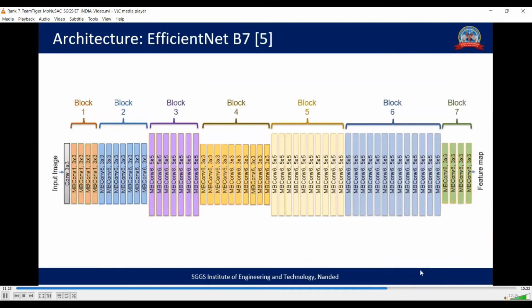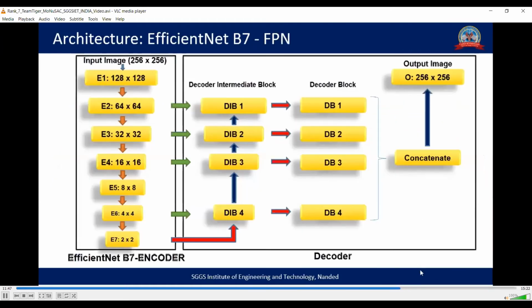This is the architecture of EfficientNet B7, which is a popular classification network. There are 7 different blocks which are formed by using the basic building blocks, as previously shown. Here also, each change in color shows a change in dimension. This slide shows the schematic architecture of EfficientNet B7 FPN. The encoder used here is deeper than in ResNet34 FPN. The decoder here works similarly to the previously discussed decoder of conventional FPN and ResNet34 FPN.